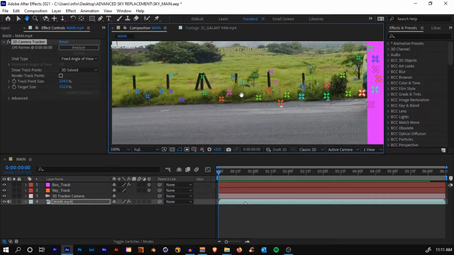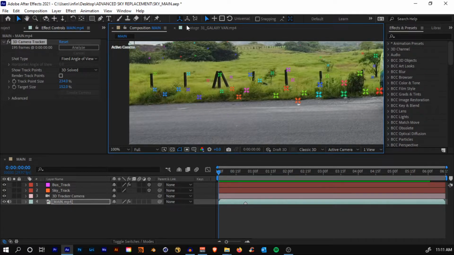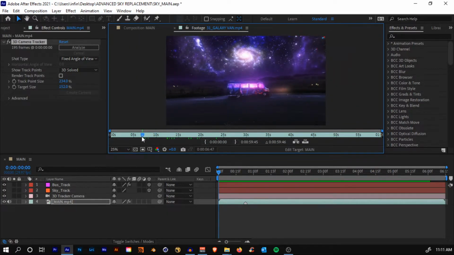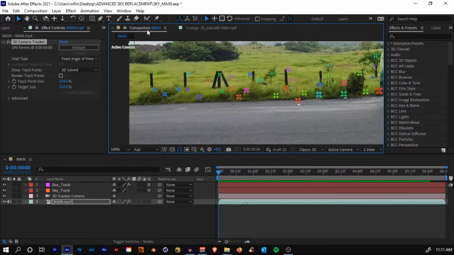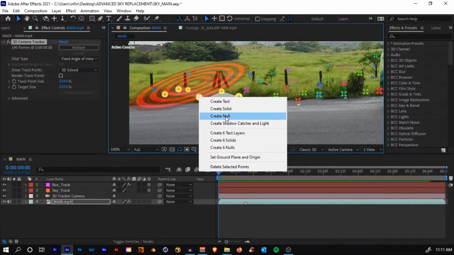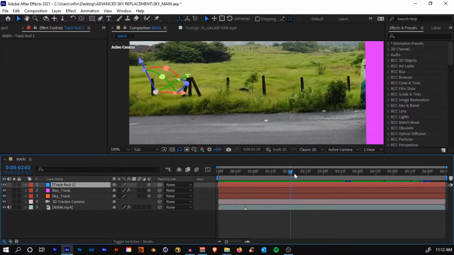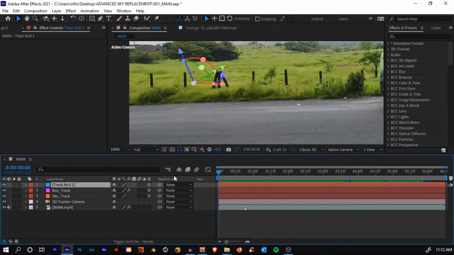It's somewhere around here, because later on we are also going to add these fireflies right there, so we'll just set up one tracking point here. Select a bunch of points only in the front, not at the back. Right click, but this time create a null. So basically you have a point sticking up onto the scene right there. Rename it to something like foreground underscore track.